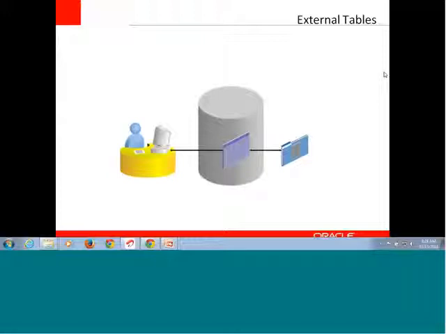And moreover, this external table acts as the data pump. If you're pumping any value from the database and you're storing it in a table, that has been stored in an external table. And for the loading of values, say from one file to another file, this is very much useful, wherein you can load and have the data present in an external table.